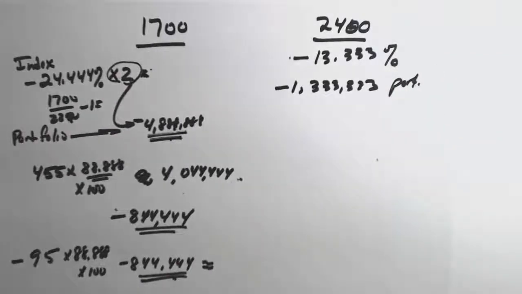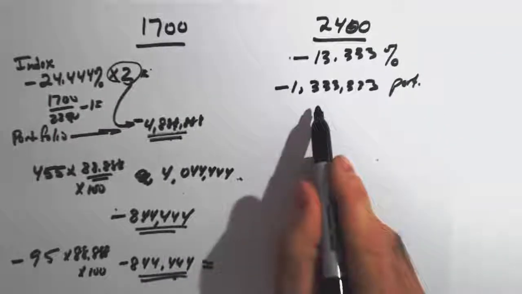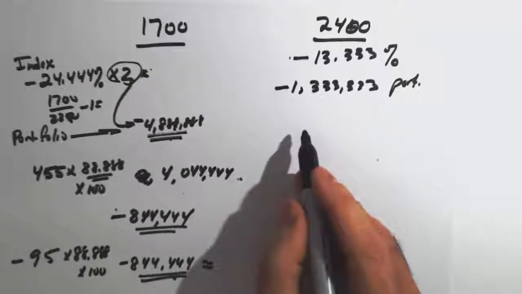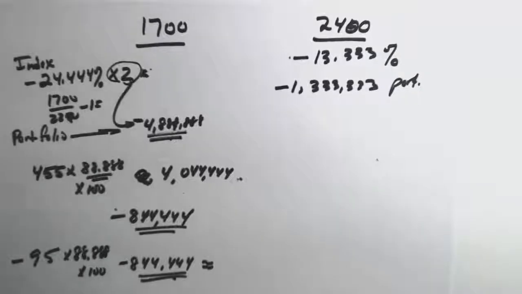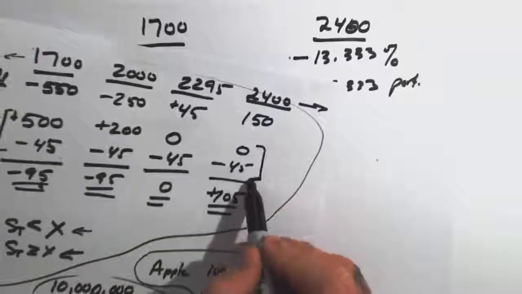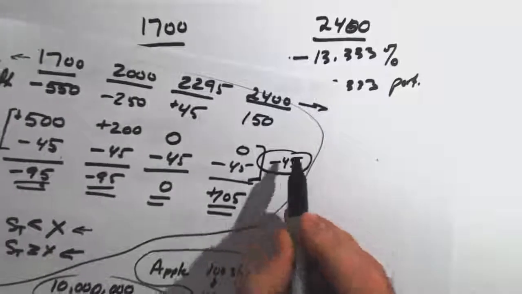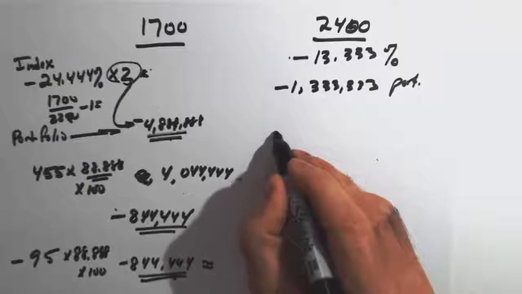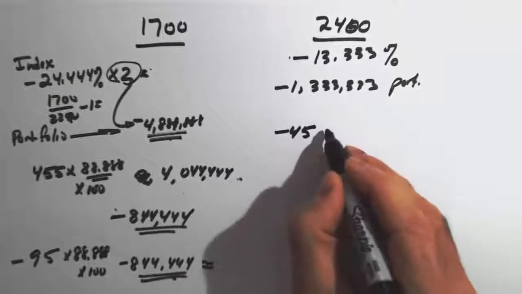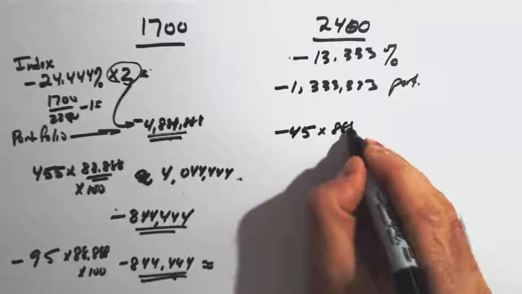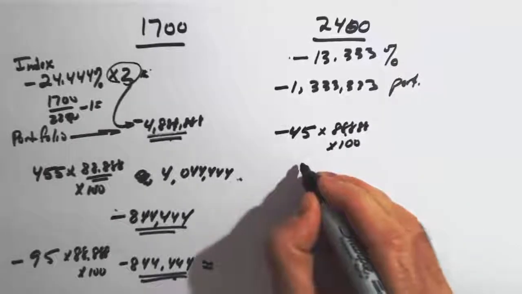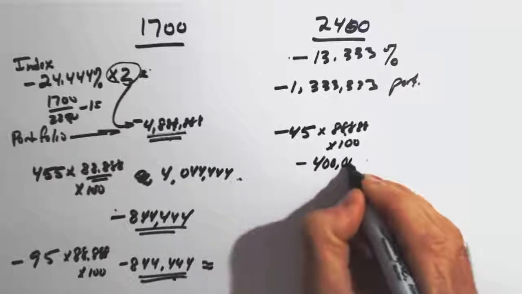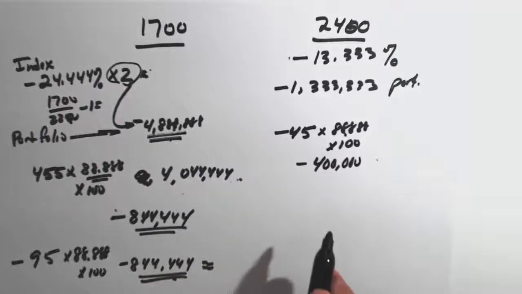Okay, so let's account for it. Most of this should be made up with the options. Okay, and so going back to our analysis, we lost $45 net on the options. So minus 45 times 88.888 times 100 means we lost $400,000 on the